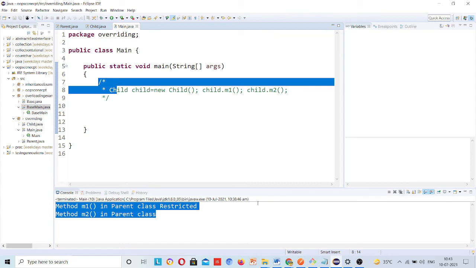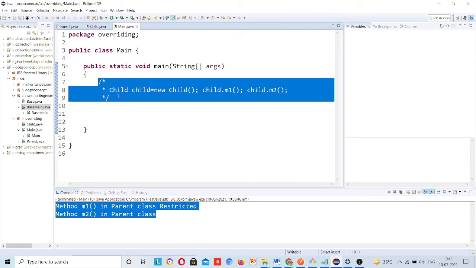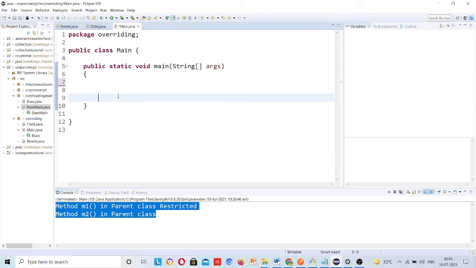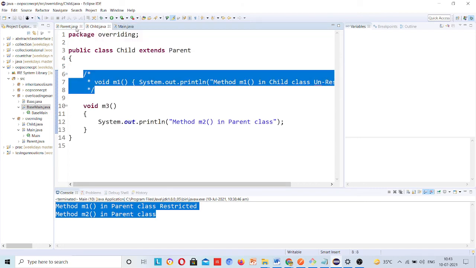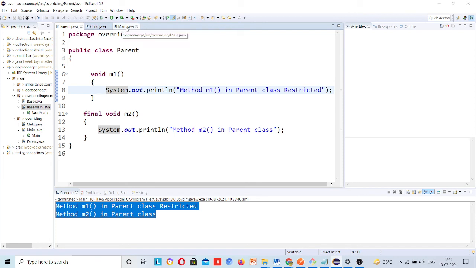Okay, constructor chaining. If you have not joined the last session, you may have some problem. So what is constructor chaining? You understand constructors. Suppose there are three different classes: child class, parent class, and main class.